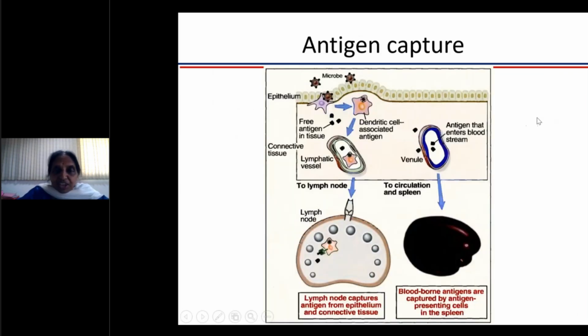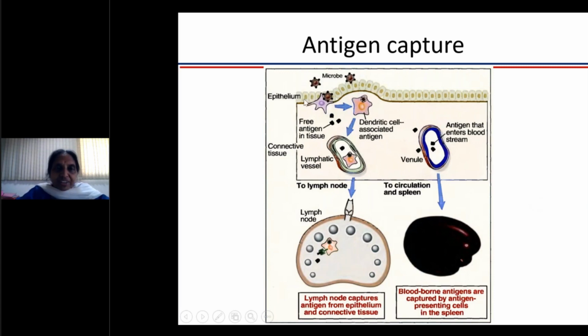So this is what you see when you have overwhelming bacterial infections. This is what is taken care of by our innate immune system, where we don't have lymphocytes coming into use much. But generally, if the innate immune system is not able to take care of the infection, we gradually get development of adaptive immune response, which will take about a few days to develop.